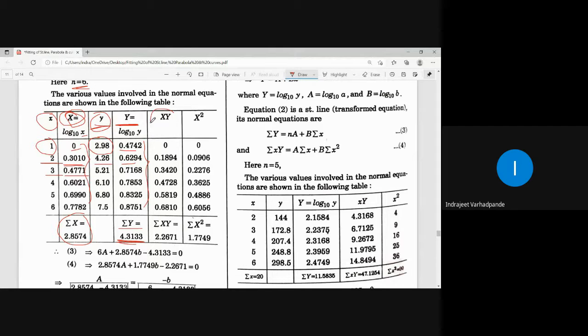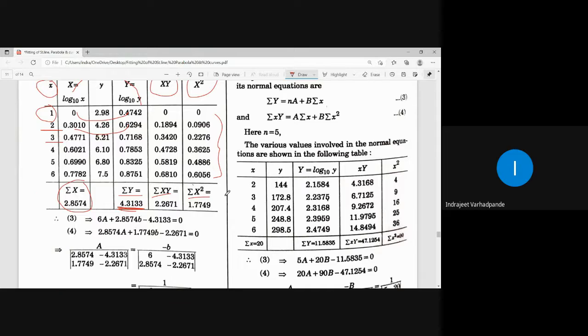Now summation capital XY is required. So first you take the product of capital X and capital Y. In doing so, be careful. You have to take the product of capital X and capital Y, meaning this value and this value. Do not get confused between small x and small y. So take the product of this. The summation will give you the last answer. Take the square of capital X in the calculator. Write down all the values. Take the summation. So it is summation X square.